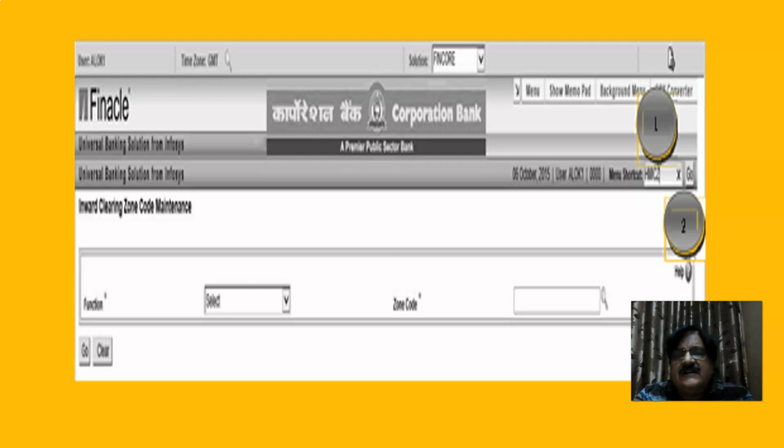So this is the screen, the screenshot that I've shared comes here. As soon as you type Hmicz and function select, right? So you'll try open O, and zone code. Go on the searcher. The system would automatically have created a zone for today. Click on that hyperlink. This will be populated here. So zones are created by the system. We need not enter any zone of our own, and the system won't allow us either. Only these zones are created by the